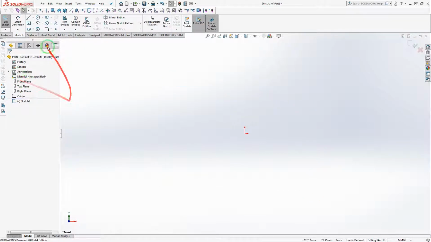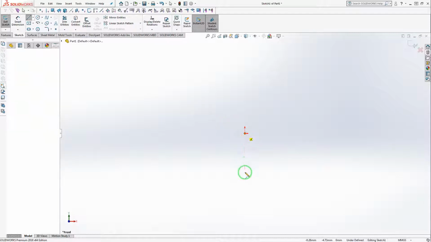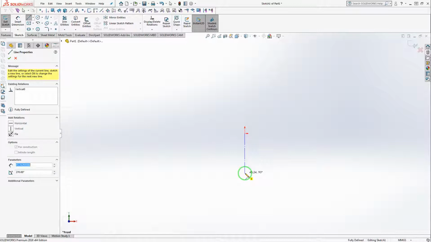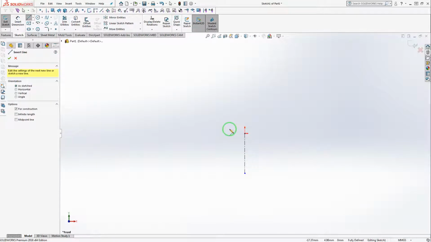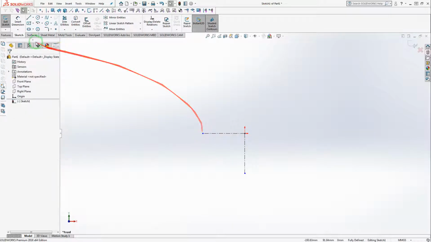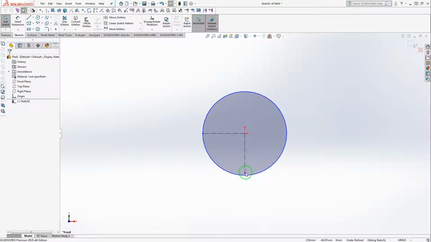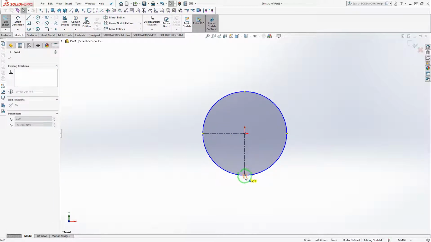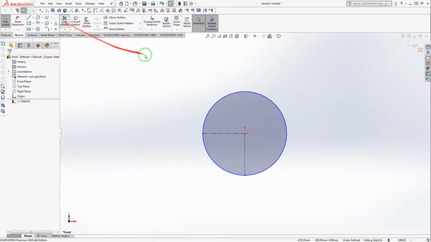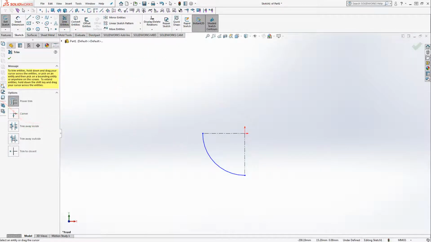So here we have to draw a central line or a construction line. Okay, then you can draw an arc, otherwise you can directly draw a circle, no issue. You can refer to the previously given drawing. They are given R 260,